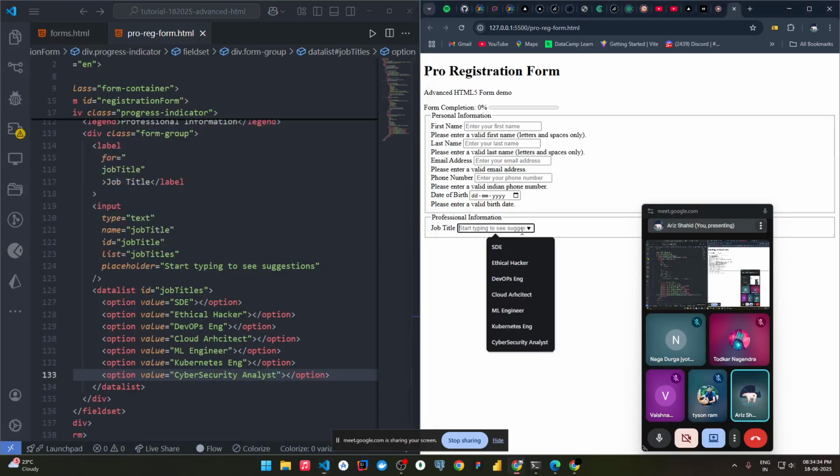Okay, what this does is create a data list. Okay, now if I'm going to type here cyber security, it will give me the suggestion. Okay, you can click here, you can just autocomplete this one. Okay, if I am a SDE, say it will give me an auto suggestion. Okay,